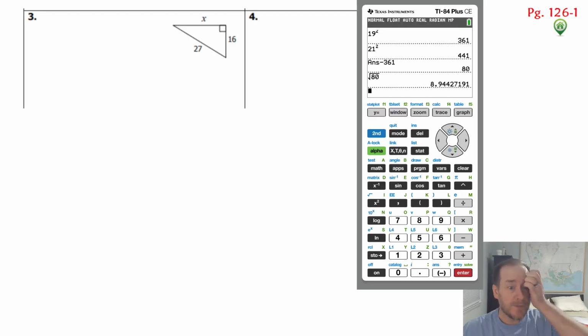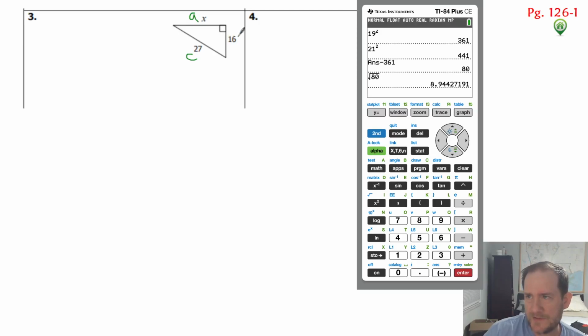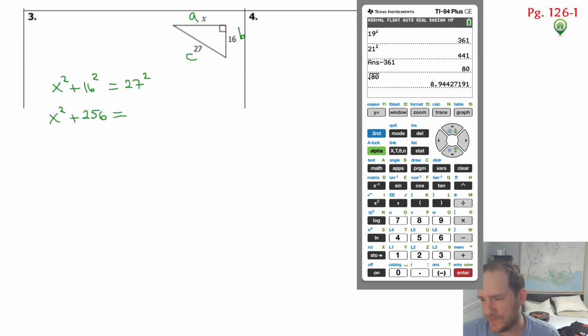Okay, so this time, looking at number 3, I'm going to start taking some shortcuts so we can be done a little faster. But again, that's my hypotenuse C. X will be A, 16 will be B. So you're just going to do x squared plus 16 squared and set that equal to 27 squared. So that's x squared plus 256,